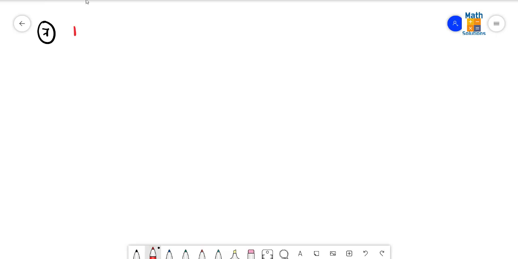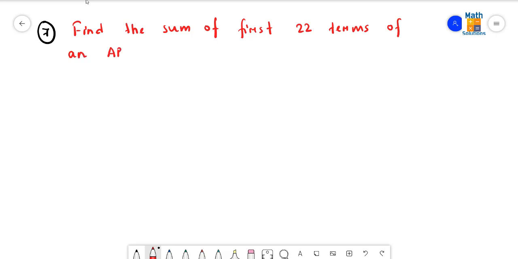Find the sum of first 22 terms of an AP in which d is equal to 7 and the 22nd term is 149. So coming to the solution part,